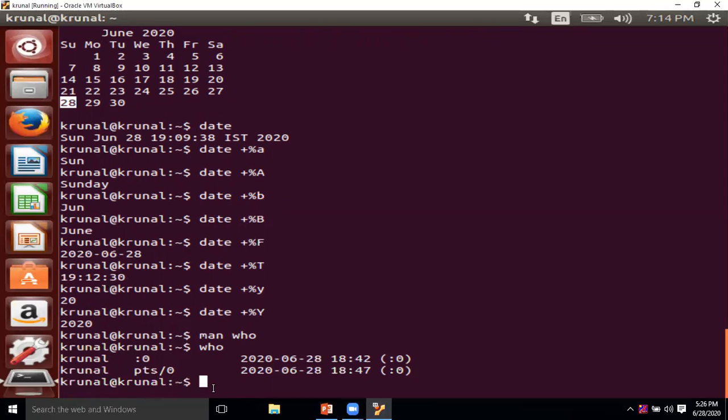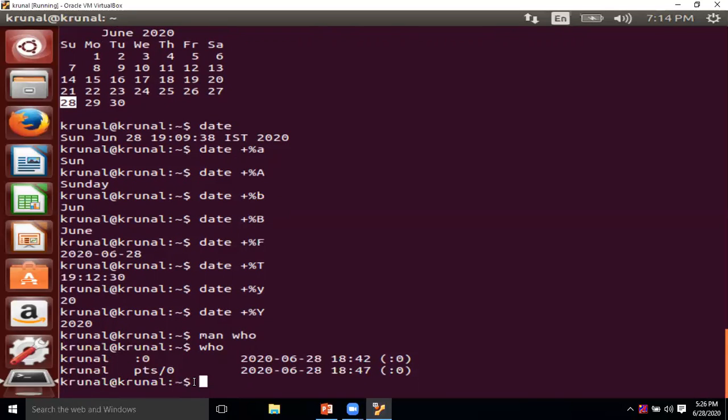So that's why it shows 2 users are currently logged in. pts/0 is the terminal that I'm using.